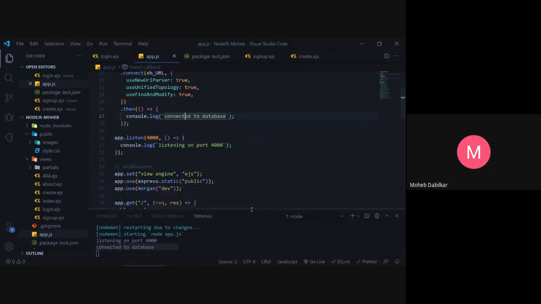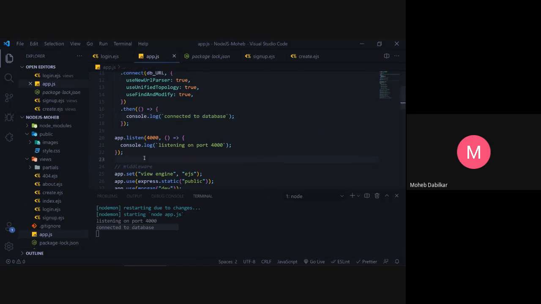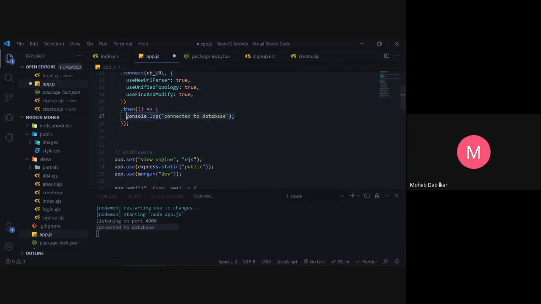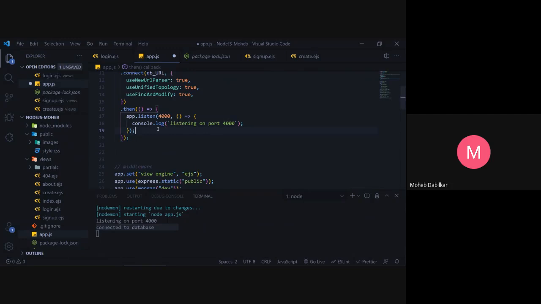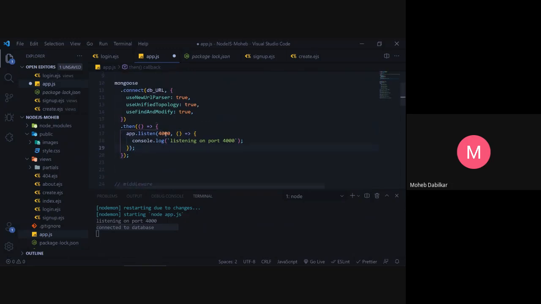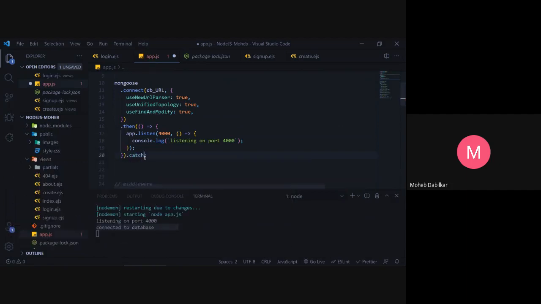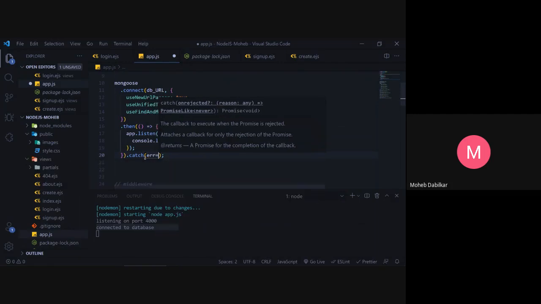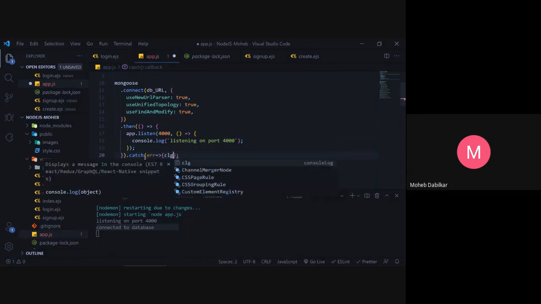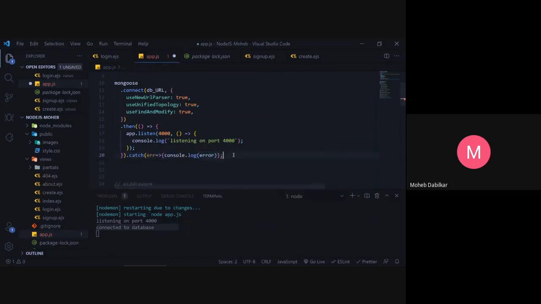So now, since we are getting connected to the database, that is our initial step. What you want to do is start your server only if you are connected to the database. So in this then, what we'll do is Ctrl X this and just put this over here. Okay, so now we have this then, and if we have an error, we will just use the catch block. So I showed you this already, so I hope that you guys are understanding. I don't need to explain. Console log error. Okay, I hope this works. Chalo, we have an error.